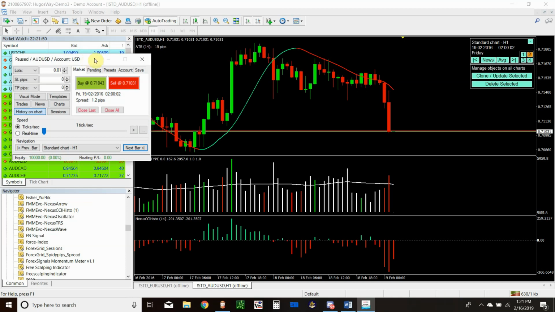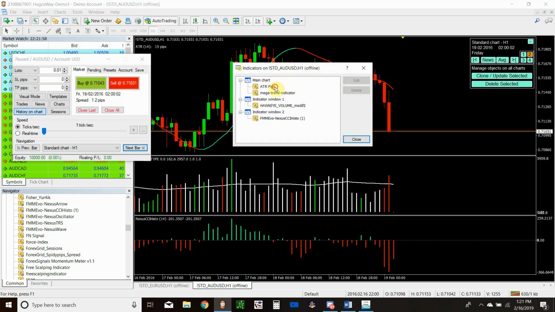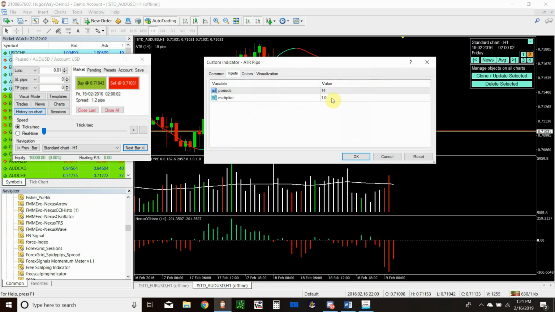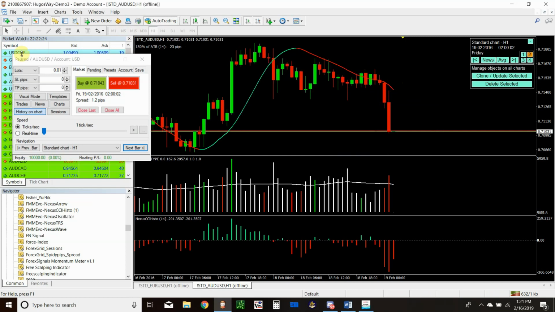I've got just a $1,000 account here, I think. So we're actually going to change this ATR pips to be 1.5 times. So we're going to do 1.5. That way that'll tell us what our stop loss will need to be all the time, because we're going to use our exit indicator as the HMA. So go ahead and hit 1.5. There we go. So our stop loss on this will be 23 pips. Okay. Again, we're going to exit when